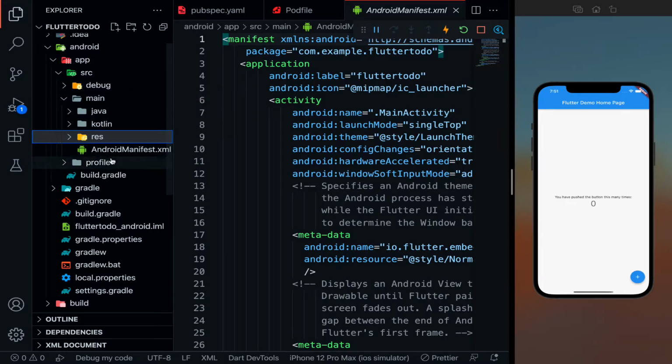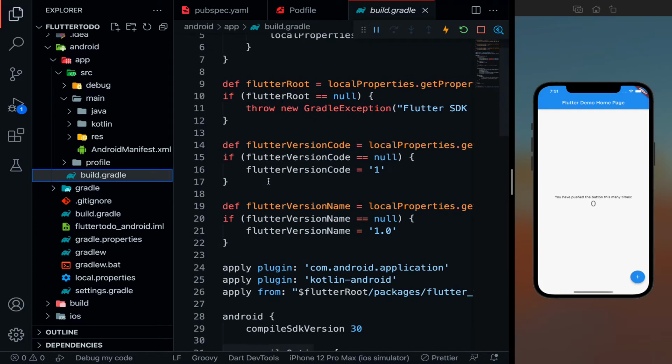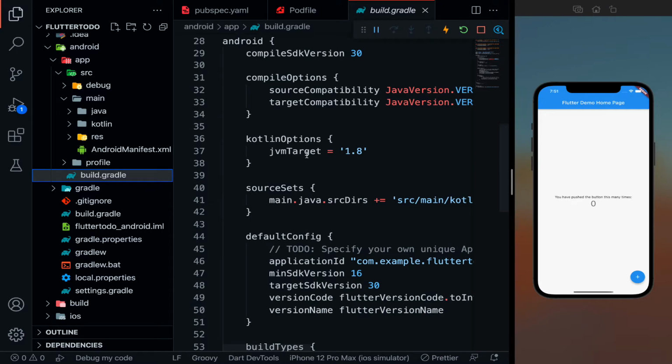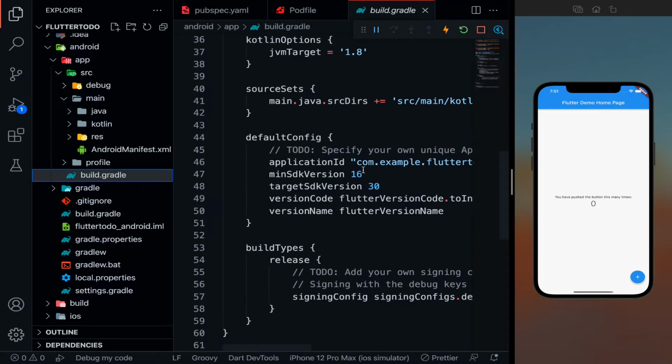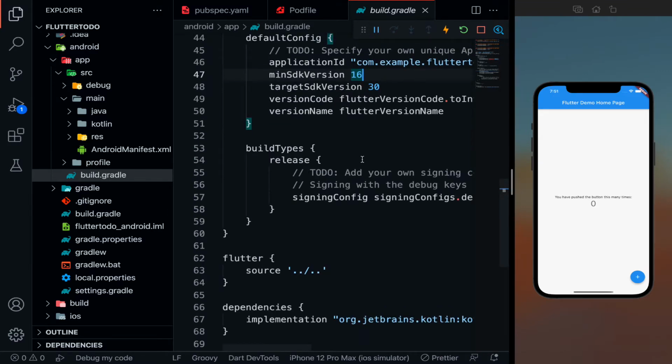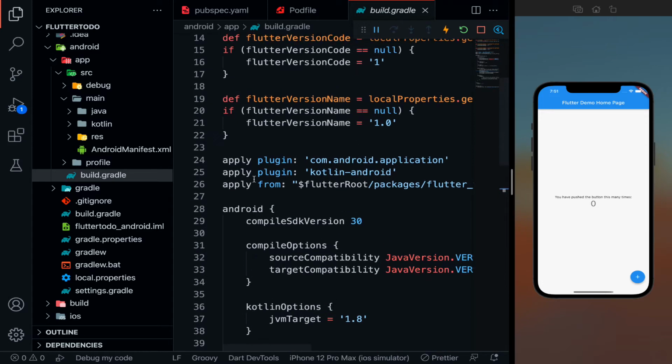And yes, build.gradle, this is the most important file. Over here we need to define which SDK version, SDK meaning software development kit, so the minimum version. Let's say you are building an AR application, that is an augmented reality application. Those applications require some minimum SDK version. Let's say you are using a 2010 mobile. On those mobiles your application is not going to run. So for that you need to define some SDK versions over there, which SDK version your mobile apps are going to support. When we connect our Firebase, I'm going to show you what other changes you need to make in your build.gradle.